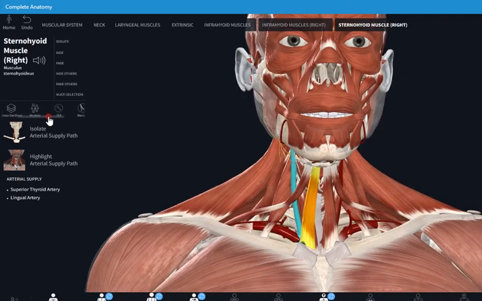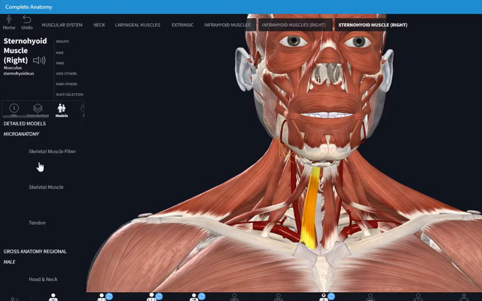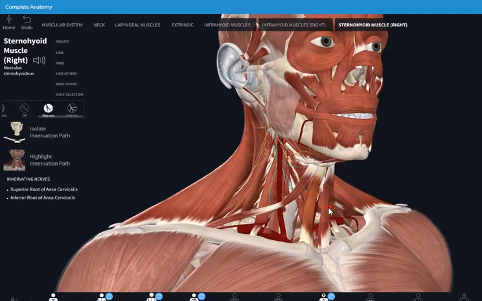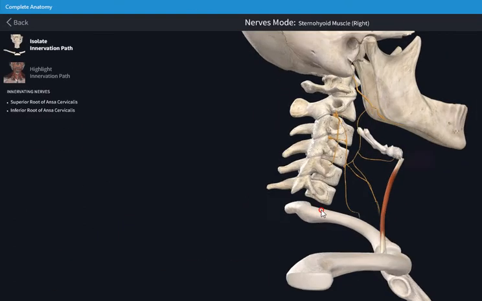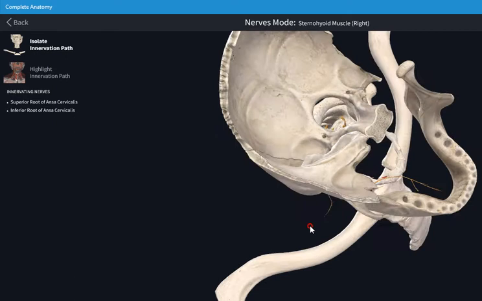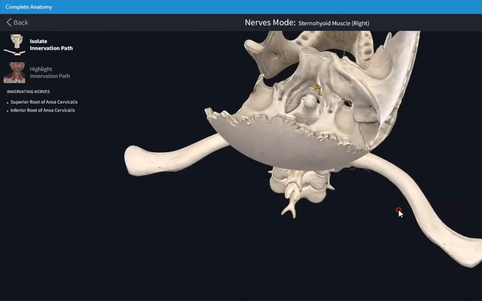Now we can see the action of the sternohyoid. We need to know that it is used to depress the hyoid bone. These are the infrahyoid muscles. The infrahyoid muscles are used to depress the hyoid bone downward. Now let's see the nerve involved in the infrahyoid muscles. We isolate it, and when we isolate it, we realize that the nerve involved in the infrahyoid muscles is